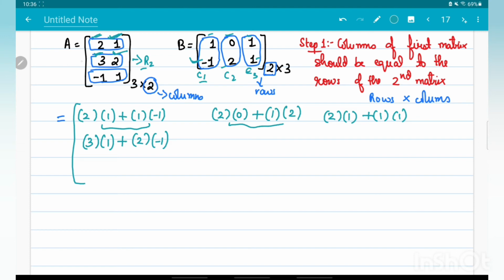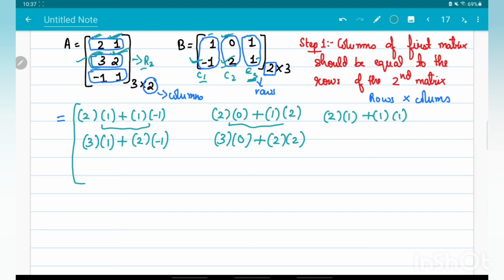Now I'm going to multiply the second row with the second column of matrix P. First element will be multiplied with the first one, second one with the second one. So the first element of this second row is 3. This will be multiplied with the first element of the column. So the first element of the second column is 2. I'm going to put a plus sign, depending on how many elements there are. And then this second element, that is 2, will be multiplied with the second element of the column 2. 2 multiplied by 2.